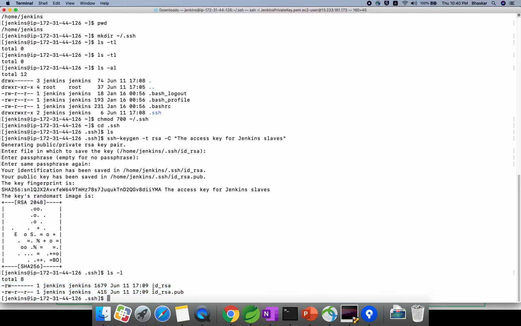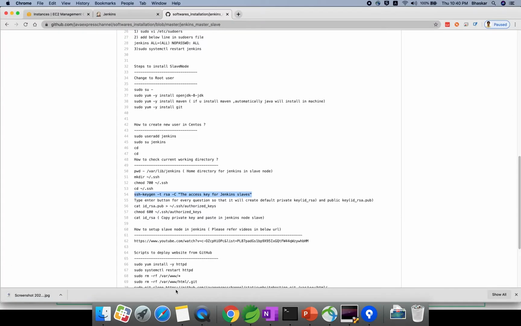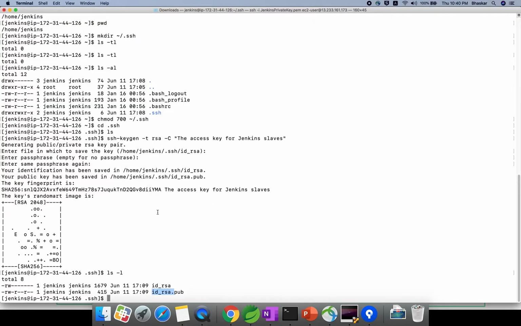So your private key is there, and you need to do one more action also. You need to copy your public key to your authorized keys. If you copy your public key, then Jenkins master will be able to access. How could you do that? The same instructions that I'm explaining, I'm giving here also. So you need to execute this line, just copy. Using the cat command, you can either display, create a file, or append to a file. This command is creating your directory.